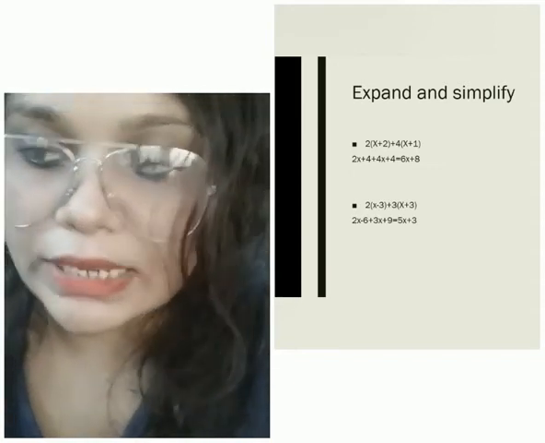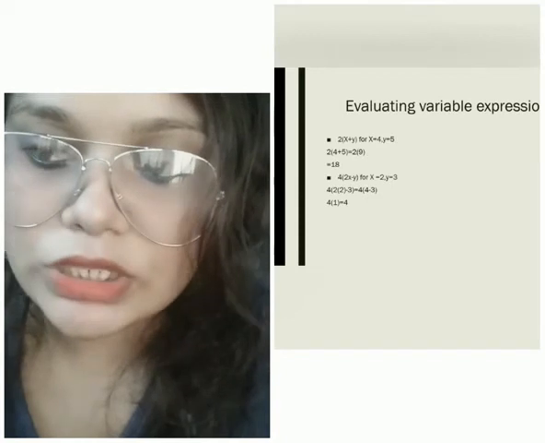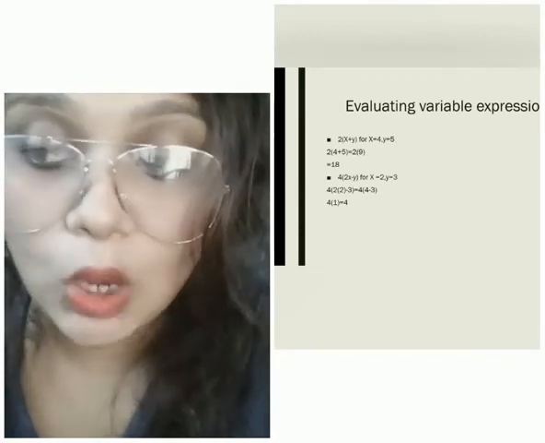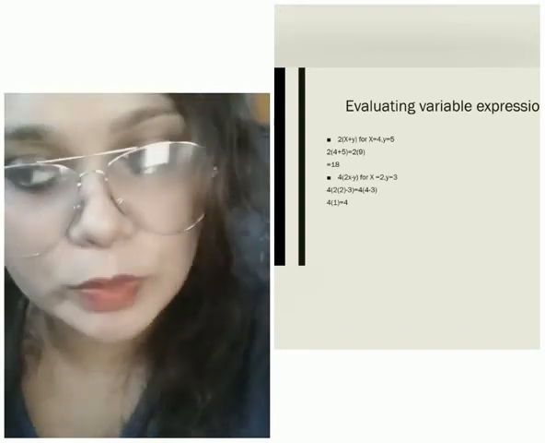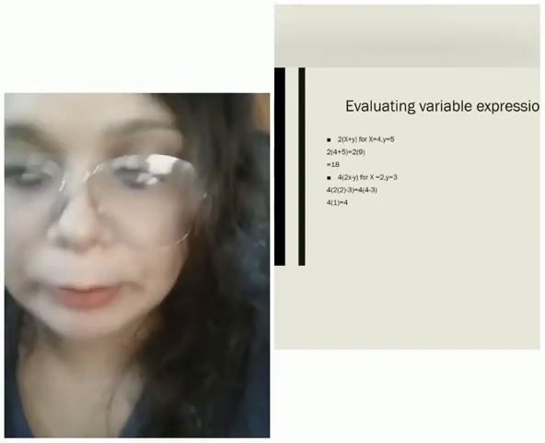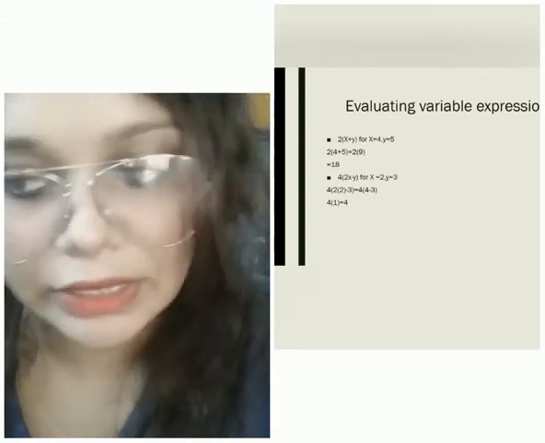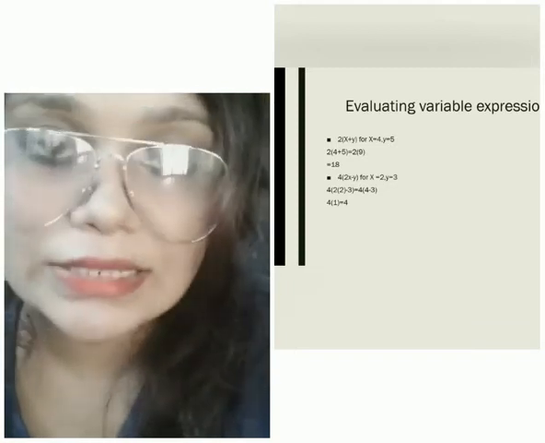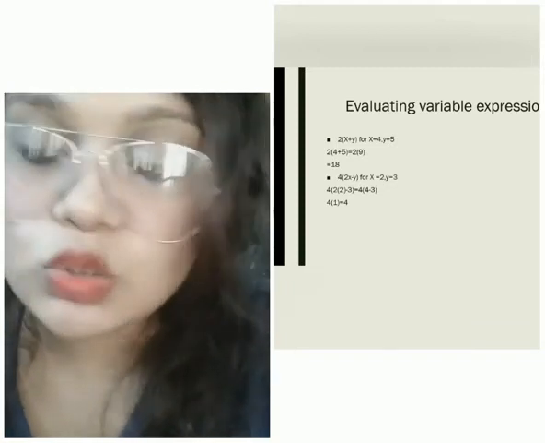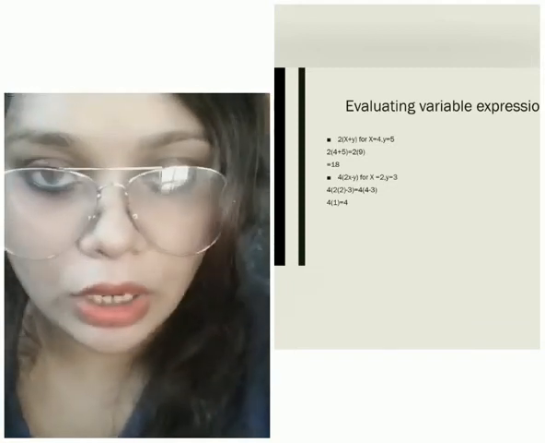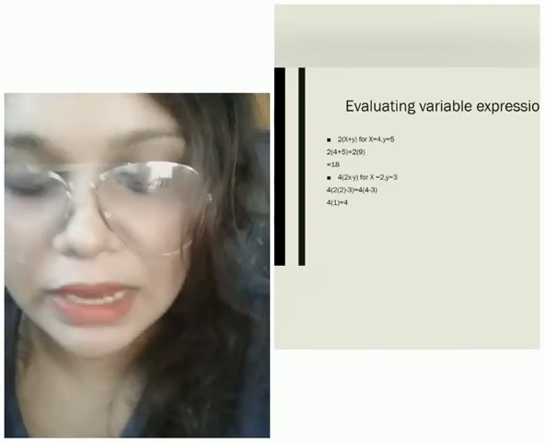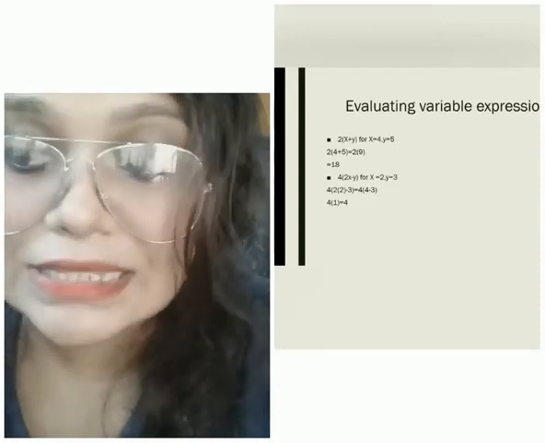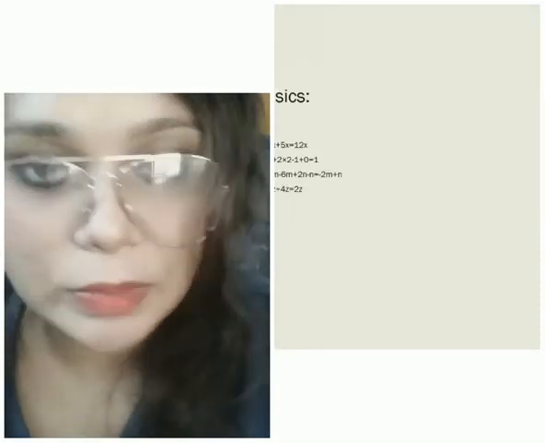Correct? The second sum, similarly, is given as 2(x - 3) + 3(x + 3). Similarly, we'll multiply the 2 as well as the 3 and find the equation. So I'm going to multiply 2 inside the bracket, which is 2 into x is 2x minus 2 into 3 is 6. So your first equation is 2x - 6. Plus 3 into x is 3x, plus 3 3s are 9. So 3x + 9.